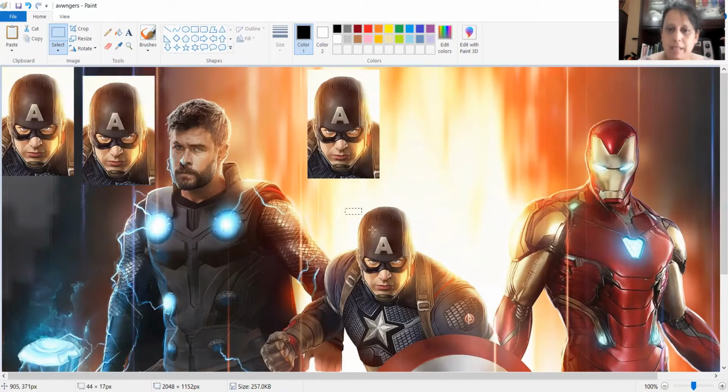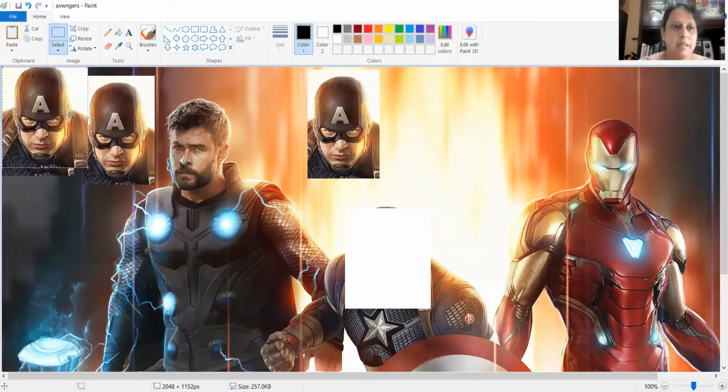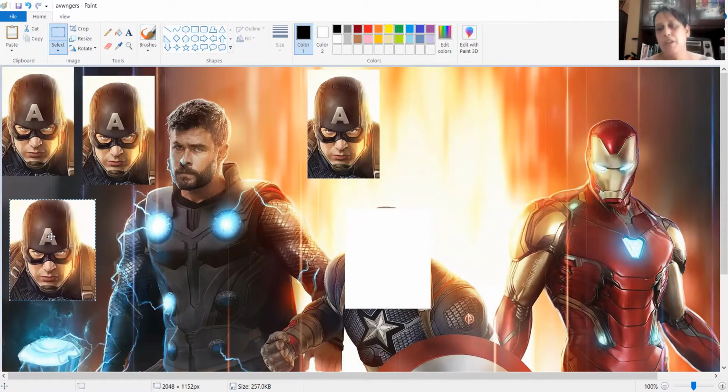But if I select, all right, and I do cut, and then I paste it somewhere else, okay, it's gone from the original location. So this is the simple difference between copy paste and cut paste. When you cut paste, the original location does not have the file or the picture anymore. It moves to the next location that you're putting it in. But when you copy paste, you have the original in its place and you have many more duplicates made.